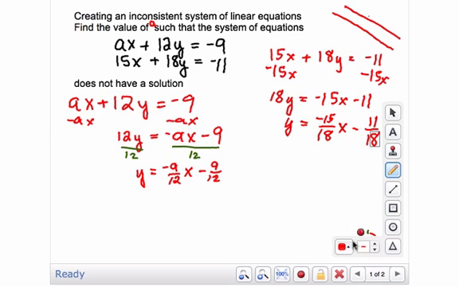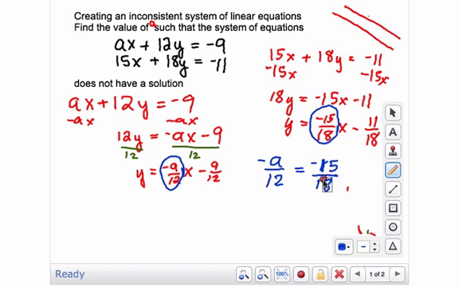Okay, so now you're going to take the slopes from both of these, and remember that's a negative a over 12, not a 9, and you're going to set these equal to each other, because we want these slopes to be the same. So what's the value of a that would make these the same? We probably could have simplified 15 over 18, but we can do that now. So basically you're going to get